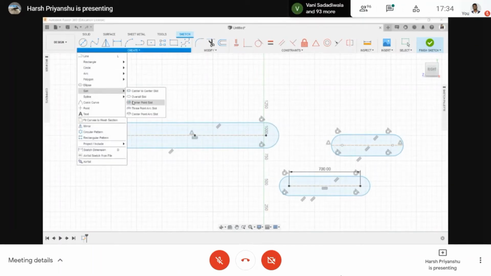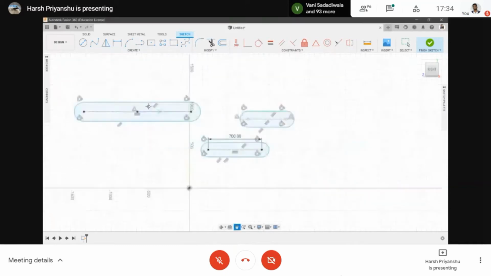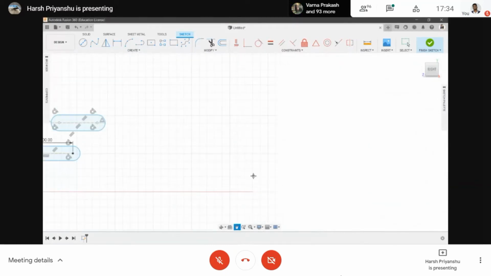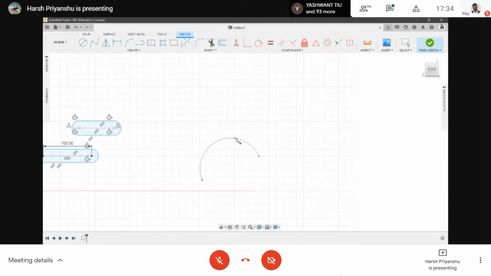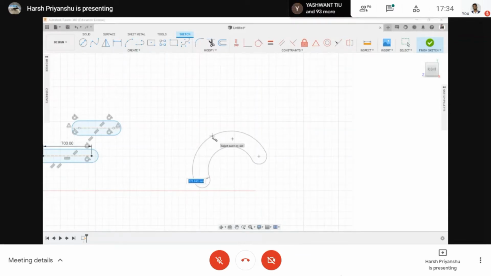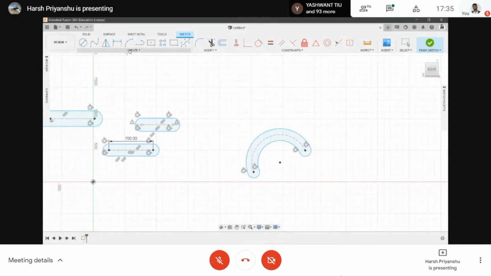And then we have 3-point arc slot. So this will use 3-point arc to create a slot. So create a point here, here, and here, and we have created the slot part. So this is the 3-point slot